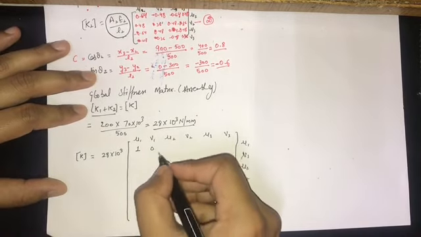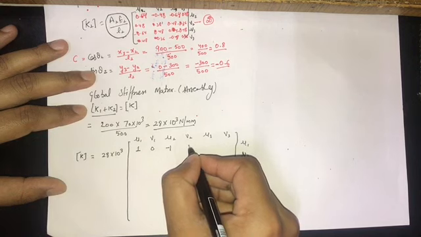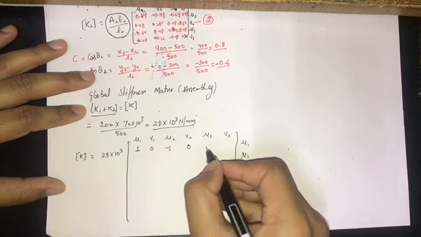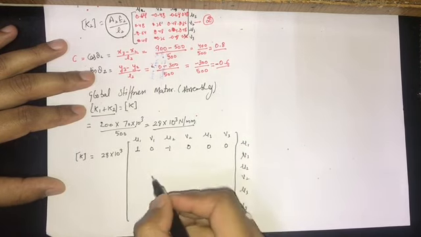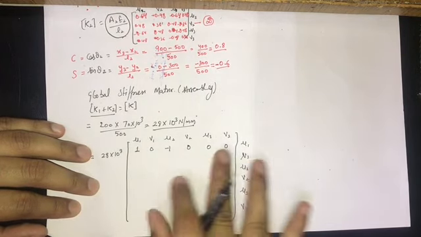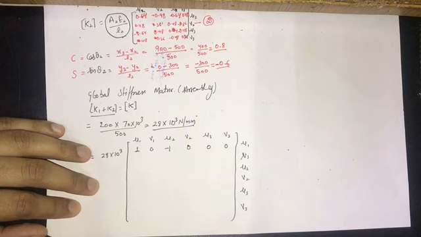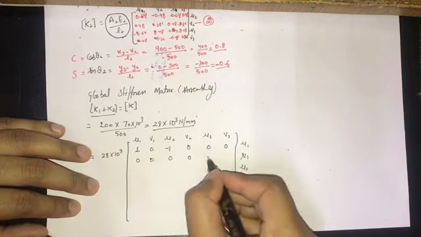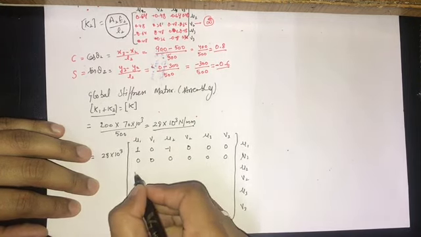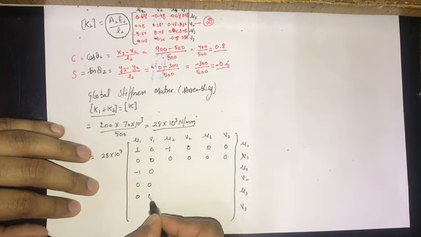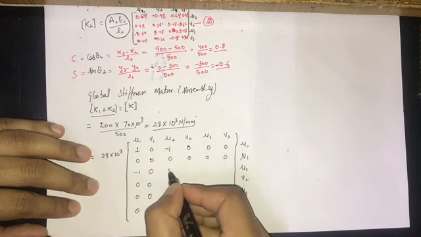So it is 0, minus 1, 0. Here there is no relation for U3 and U1, so here it is 0, 0. Right, that we have to calculate for all the matrix. So I am just substituting the values directly, that is 0, 0, 0, 0, 0, 0, and this is minus 1, 0, 0, 0, 0, 0, 0, 0, and here it is the